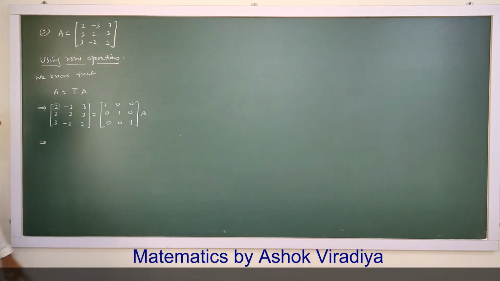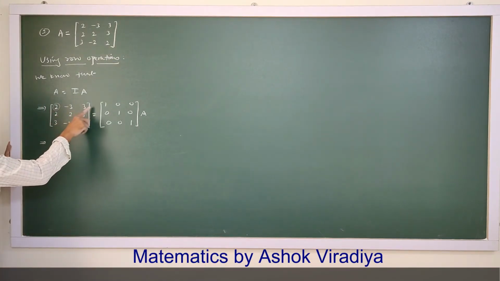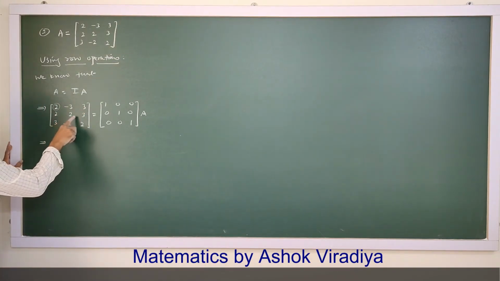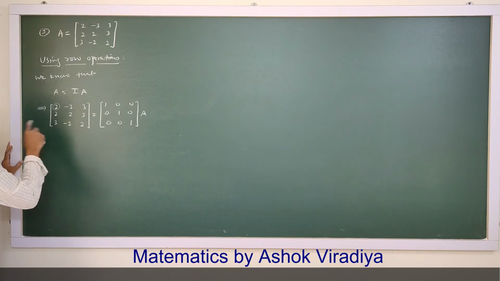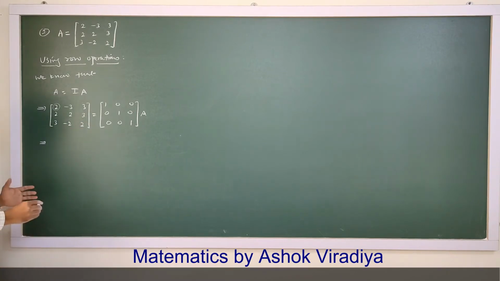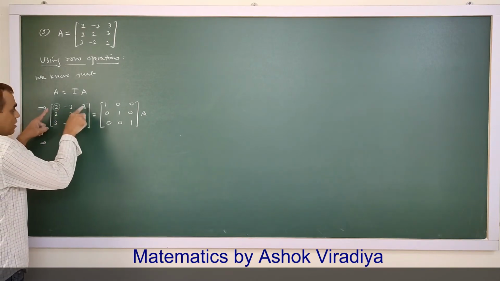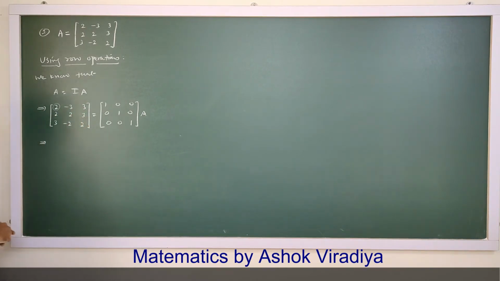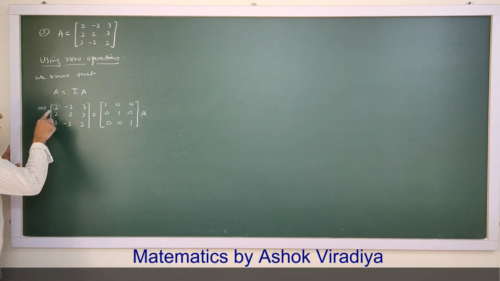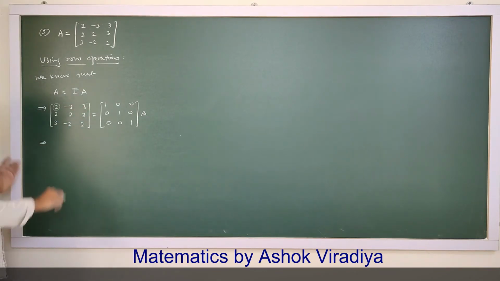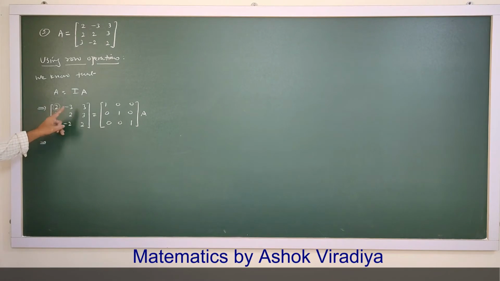To get 1 here, look: this is 2, and in this line there is 3. So to get 1 here, what do we do? First of all, I divide this by 2, dividing by 2, or the second way,